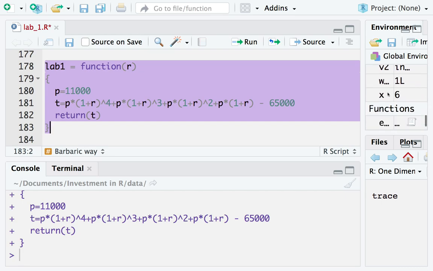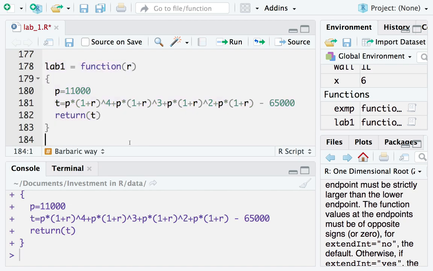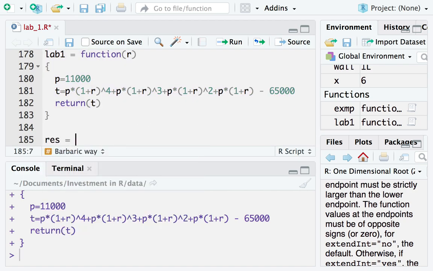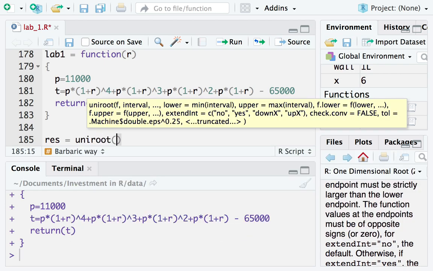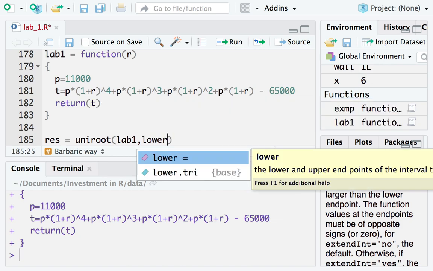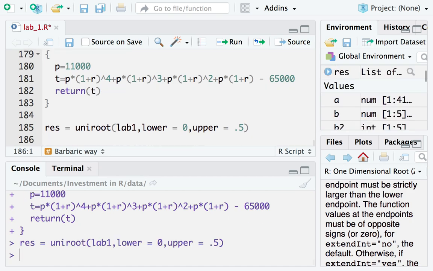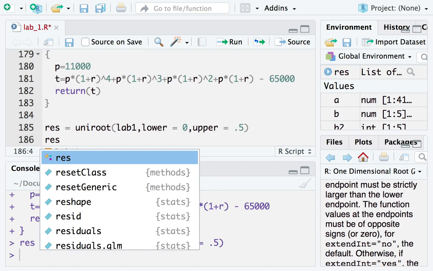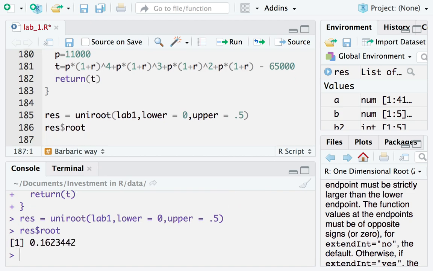So I process this. You notice down here in your functions, lab 1 will be there. Let me scroll over so you can see it. Lab 1 is written. And now I'm ready to use Uniroot. RES. Now we already know what the answer will be, because we sort of saw it in a different way, but nevertheless, my lower bound I'll start with 0. My upper bound I'll go to 50%. I run this. I have RES, where I have my results. I can do RES $root. Remember, that was my answer. And the answer comes out to